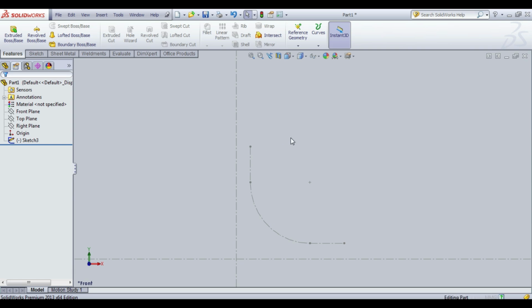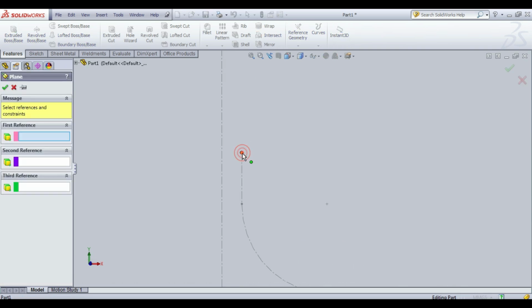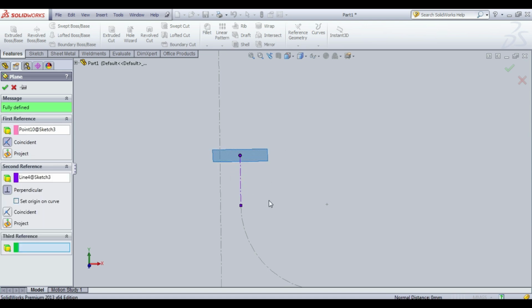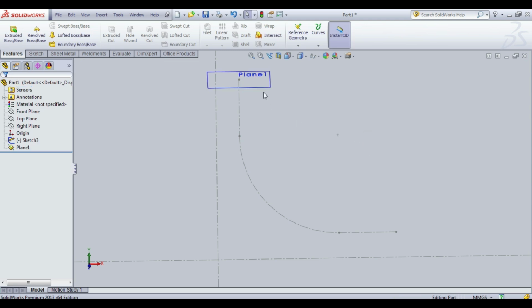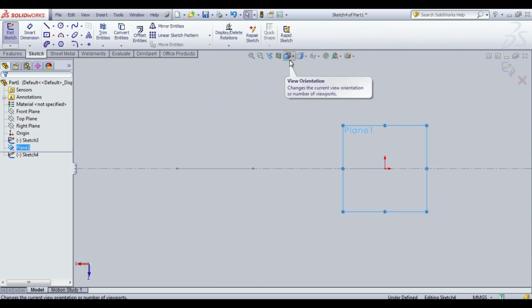Just wait. Click on this point and click on vertical line. Okay. So plane created. Click OK. After that, click the plane. Edit sketch.